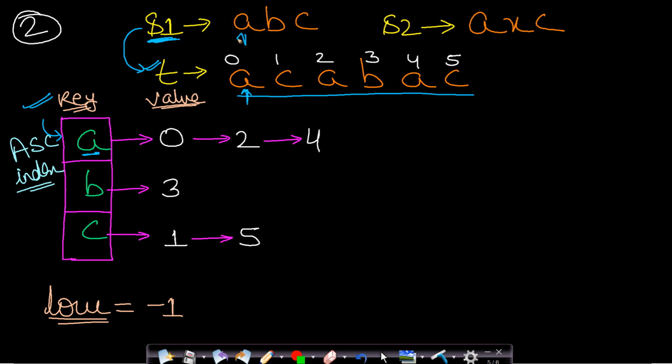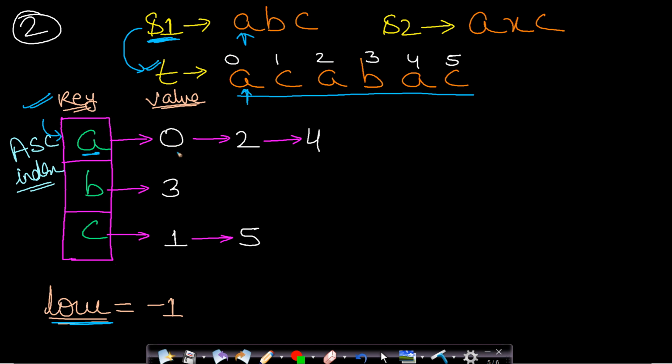So we will start from this first value A. Now we will see if A is present. So if this key A is present in map, then this means that A is present. Okay, and which index should we take? So initially we will maintain a low pointer which will be -1, because this will keep track of from which index we want to search next, because we want to maintain the relative ordering as we have already explained you. Therefore in this case, since this is the first character, we don't need any relative ordering, we just need to find it. Therefore I have kept low equals to -1.